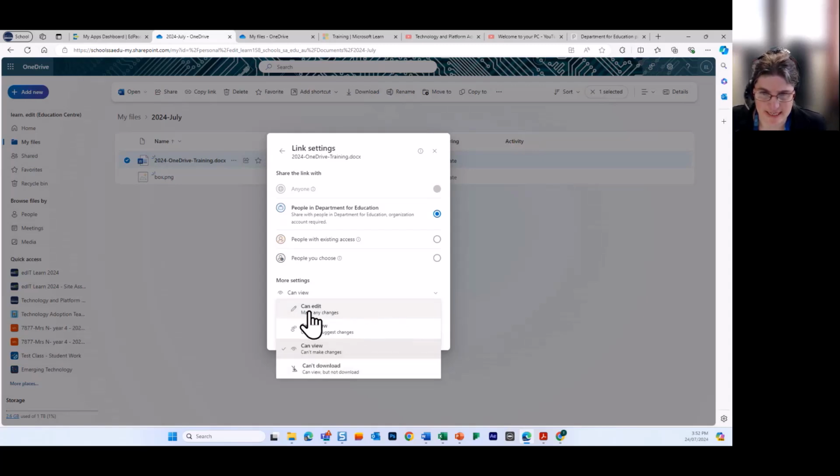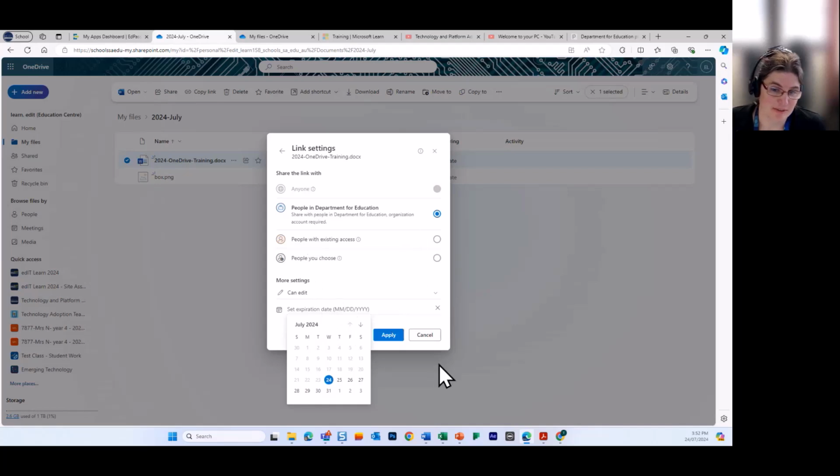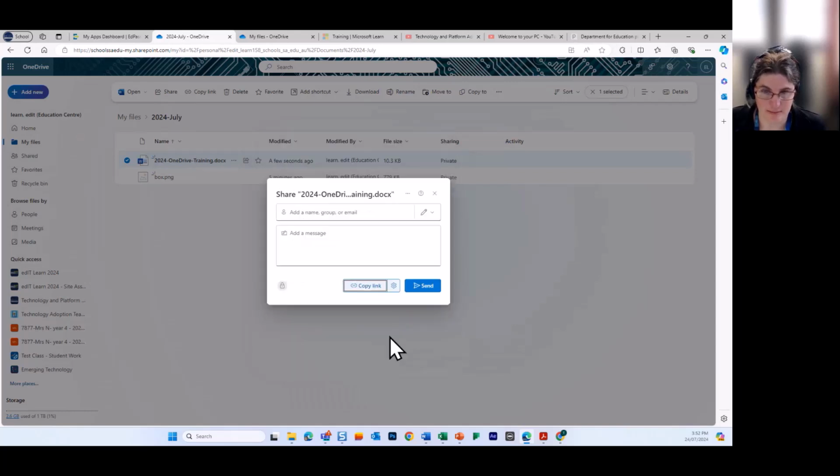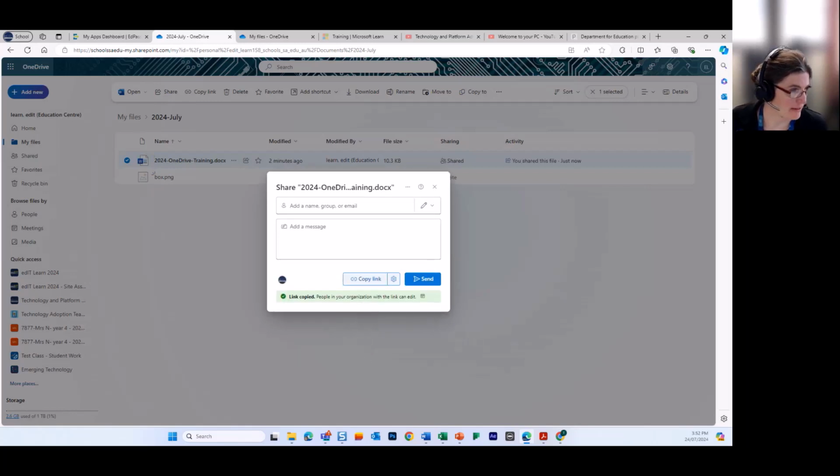Again, I'm going to check my settings. So I'm going to make it can edit. And this is a new function as well. I can set an expiration. So if I want this link to be dead in a month, I can set that and then click apply. Now I can copy that link, and if I paste that into the chat,